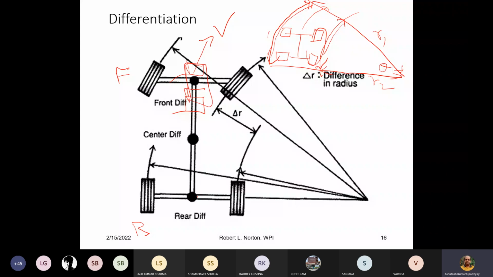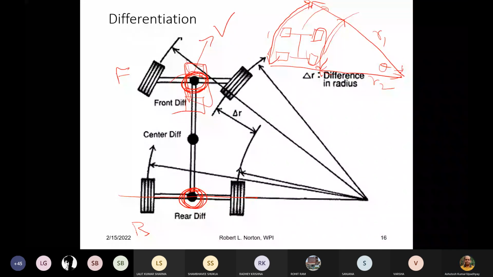If you have a rear wheel drive, then you require one differential over here. That's it for the rear wheel drive. If you have a front wheel drive, then of course you require the differential over here. That will be enough, because you have to differentiate the motion in the particular wheel set where you are supplying